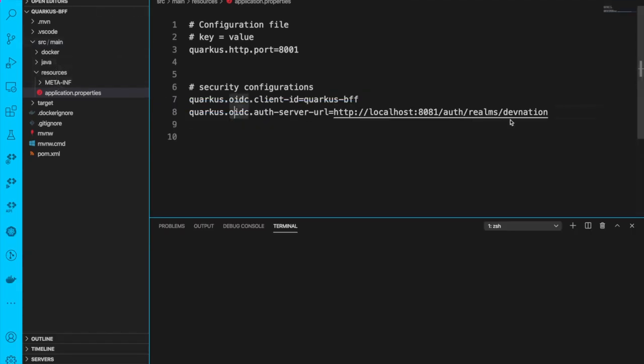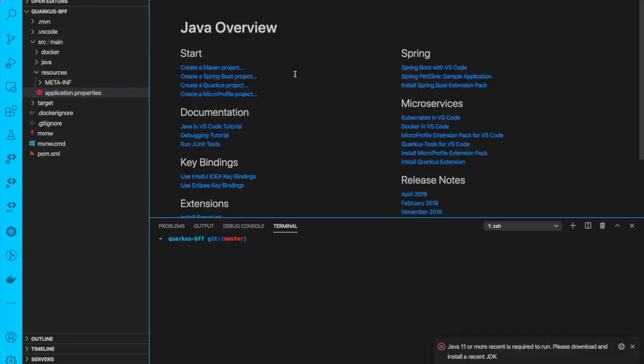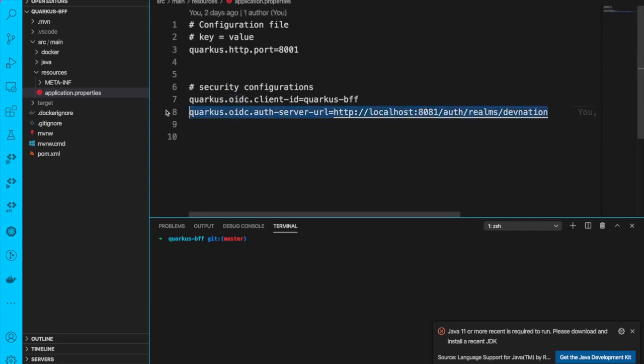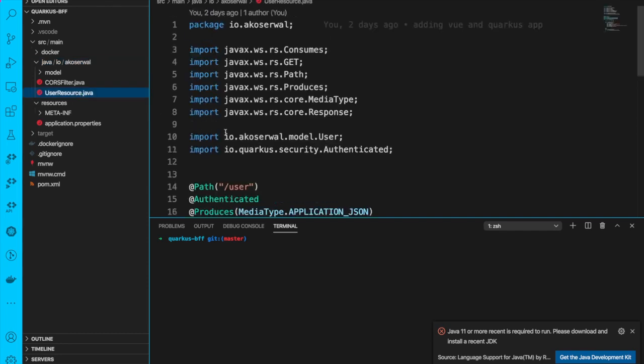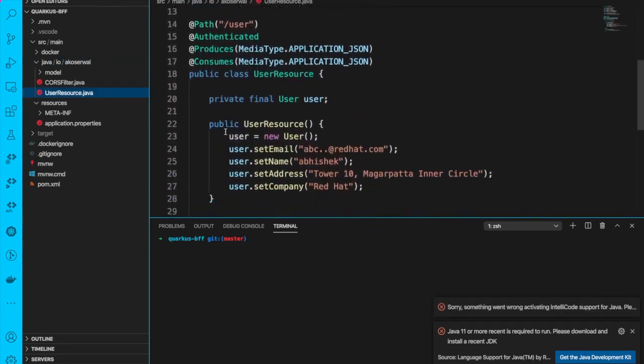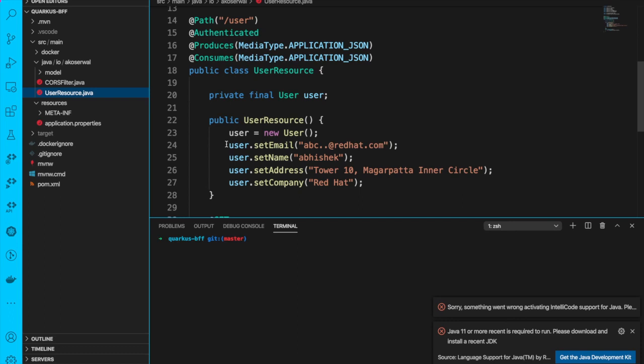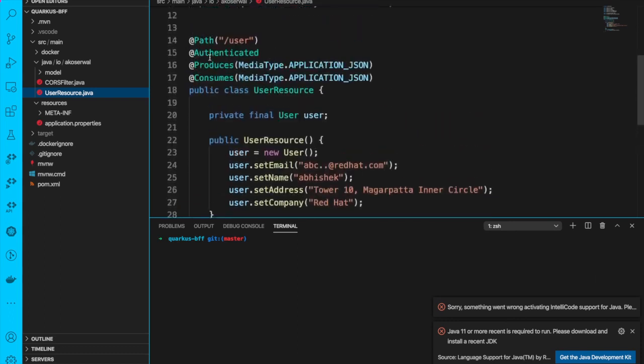So this is the Quarkus. If you haven't seen this, this is very easy. In the application properties, you just need to provide two fields: one is your OIDC client ID and the other is your auth URL. And this is a very simple Java Quarkus REST endpoint, where I have a user endpoint, and I'm using this annotation